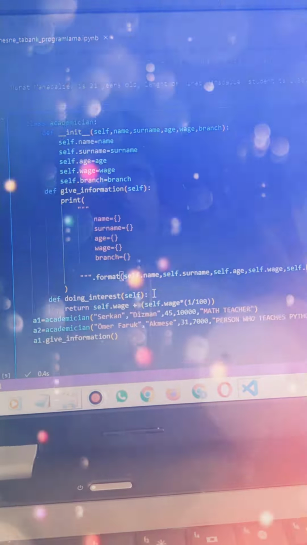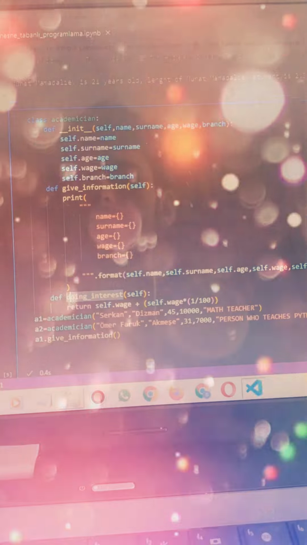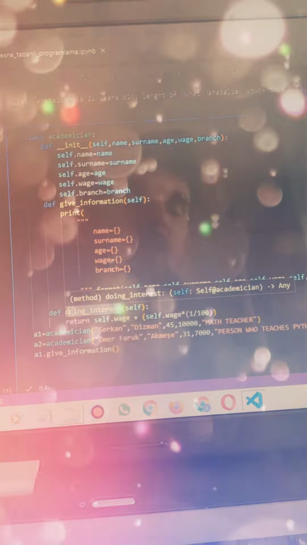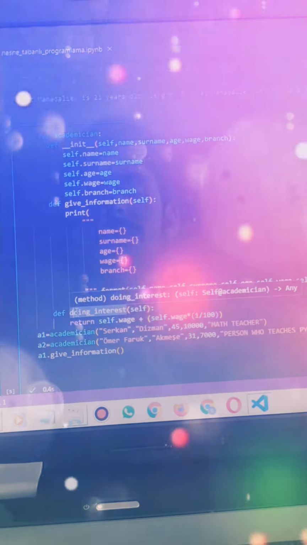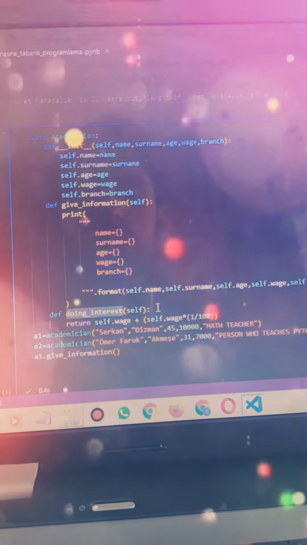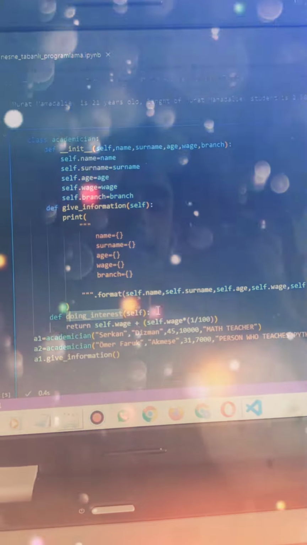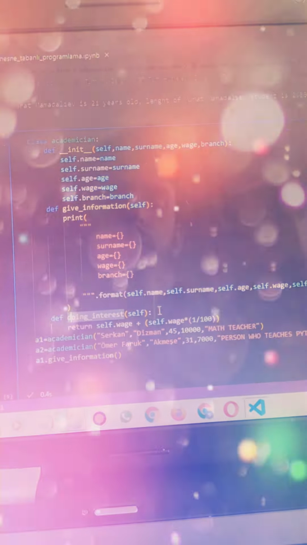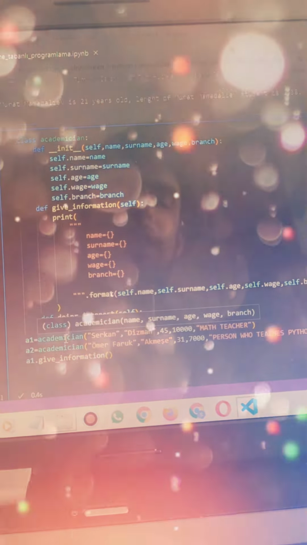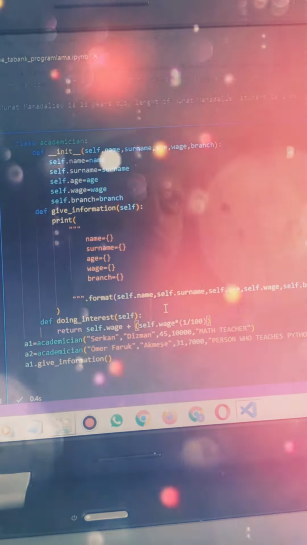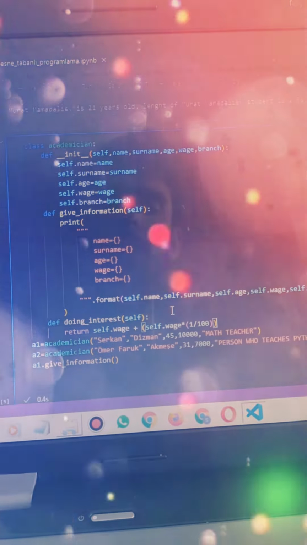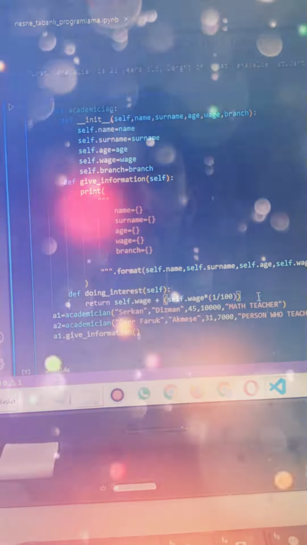and the third function is doing interest. Doing interest applies interest to the wage. Okay, doing interest is doing interest to the wage. Okay,